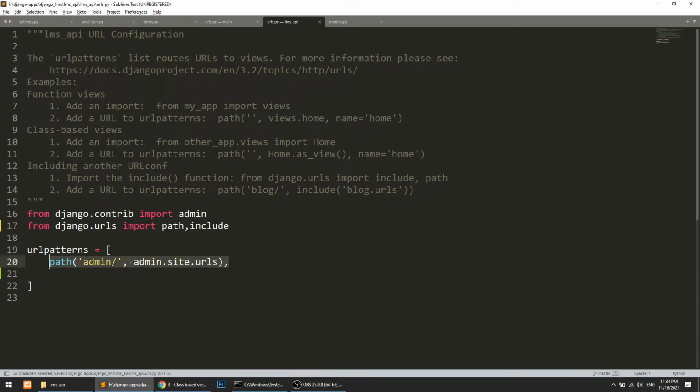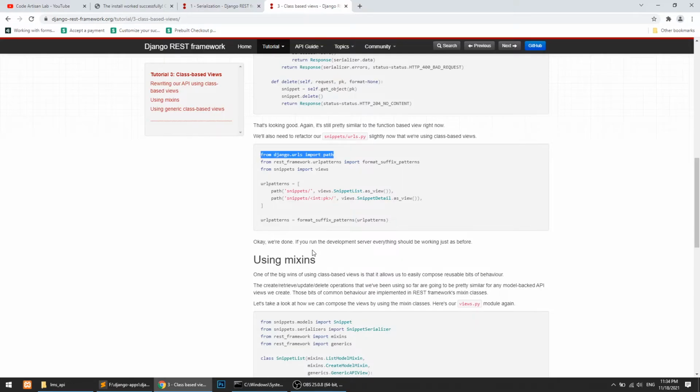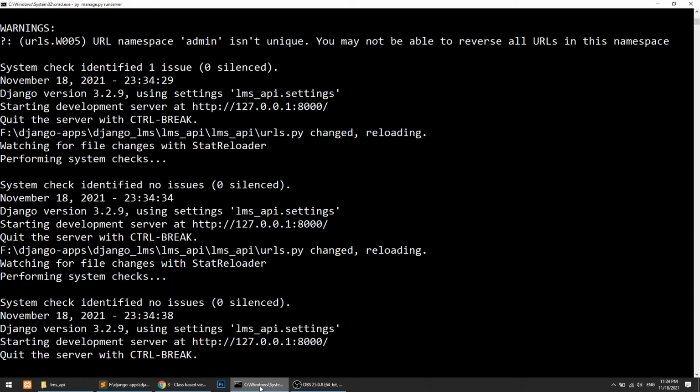After that I have just defined API, and this will be include main dot urls. Okay, so API, and after that we will include teacher, then it will return the response. Okay, so let's try this.